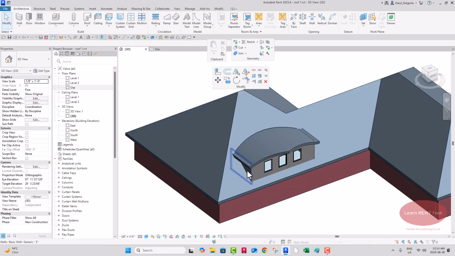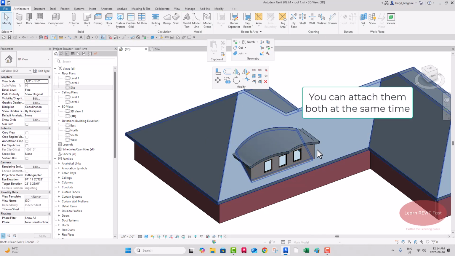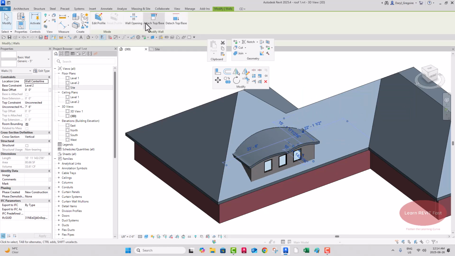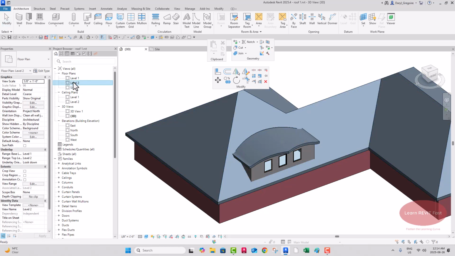I could take these little side walls temporarily and just attach them to this roof, and that'll get rid of that. See that line there? Grab this little wall right there and say attach top to here. Click out, escape. So my roof is ready, and if I go up to my second floor now